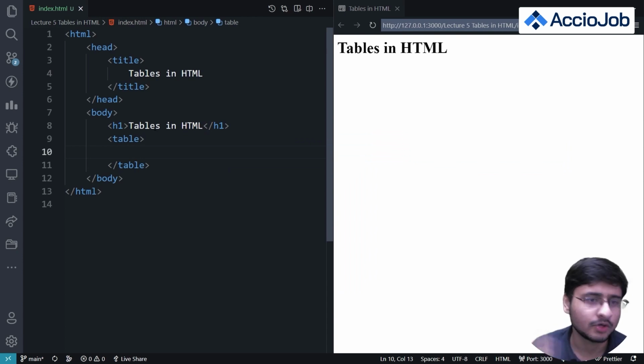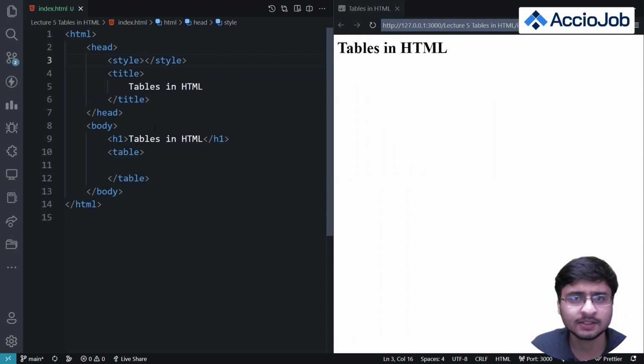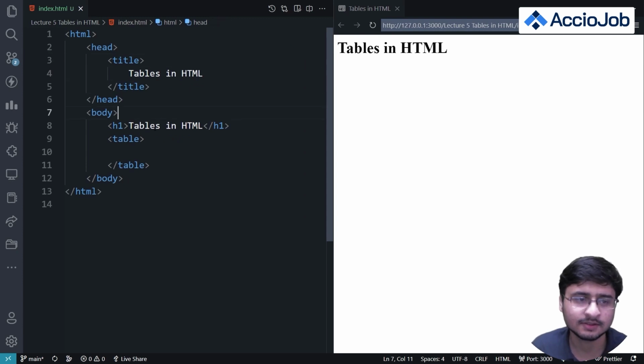Before discussing the table tag and all the tags enclosed by it, I'll quickly define some styling here. You don't need to worry about this. Or maybe once I've declared the table tag, I can add styling so that you can figure out what this style tag is doing. This is CSS. I'm just making this to explain things more clearly in the table tag, but we'll discuss this in a future course also. So let me first finish the table tags.